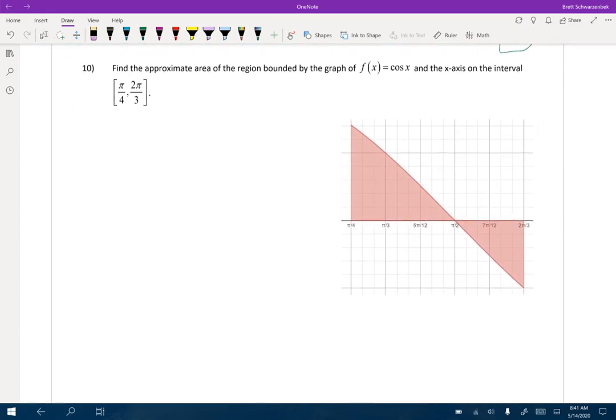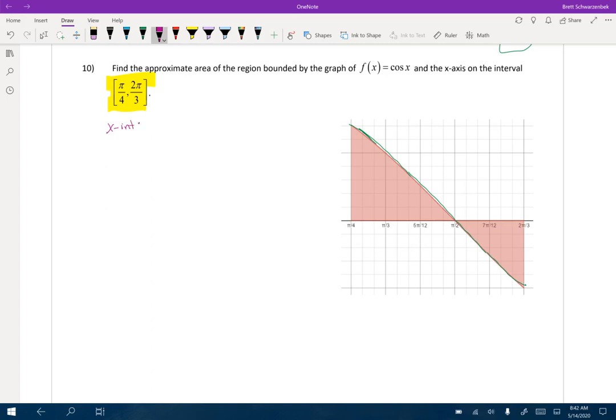Last problem. Let's say we have f of x equals cosine. If you look at this graph right now, I know there's not a significant curve to it, but you can see there's a little bit of curve right here. So we basically are doing cosine. And we're going to go on the interval pi over 4 to 2 pi over 3. Again, ideally you're not going to have the graph. So if you need to find those x-intercepts, let's say,